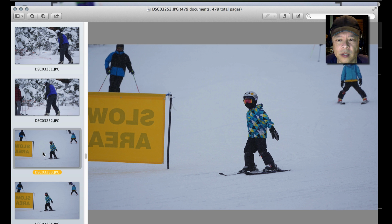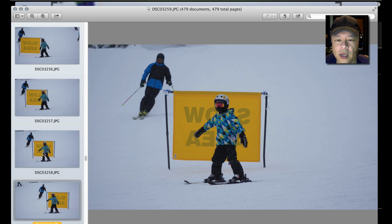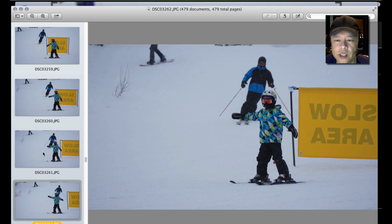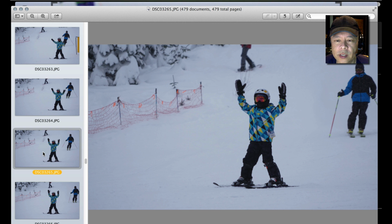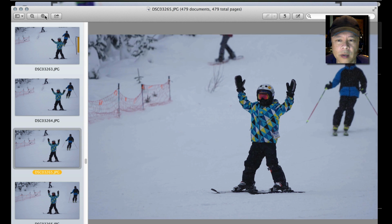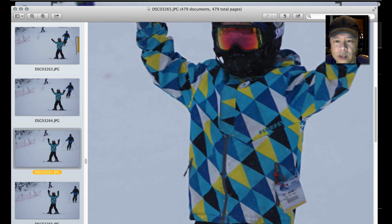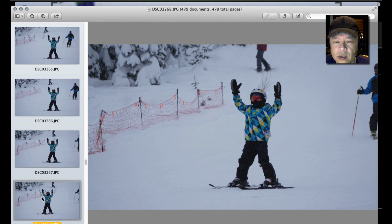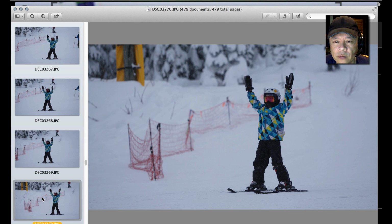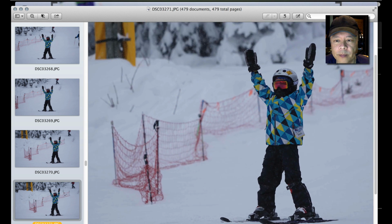Let's look at our little junior champion here as he goes across the sign, and we're still hanging on to just that one person off center. And now let's come in really tight here and see how our focus is. So focused that we can almost read the name on the tag. But you can see here we've got really, really nice focusing accuracy off center, and yet still, I'll come in tight,